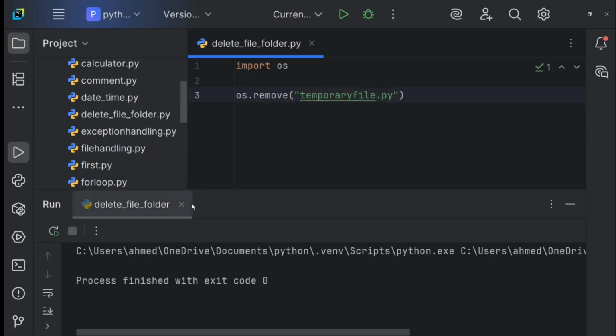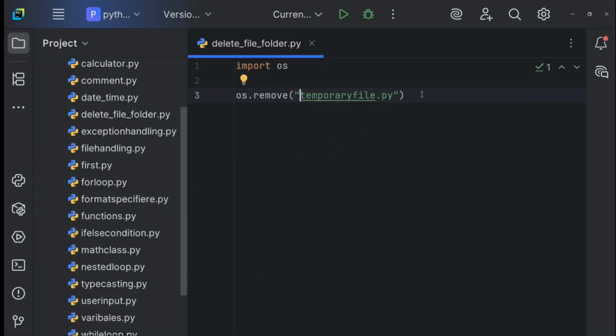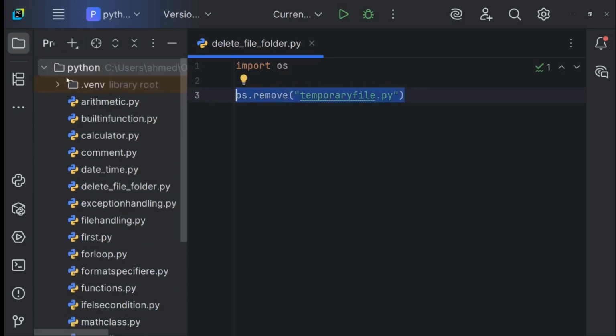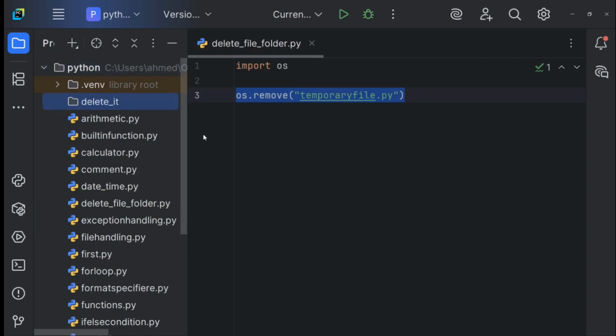Okay, now let's say I want to delete a directory or folder. So how can I delete this? Now let's say I want to create a directory, and I'm in the folder, so the new directory will be delete_it. And I want to delete the folder, so what I have to do, I have to say